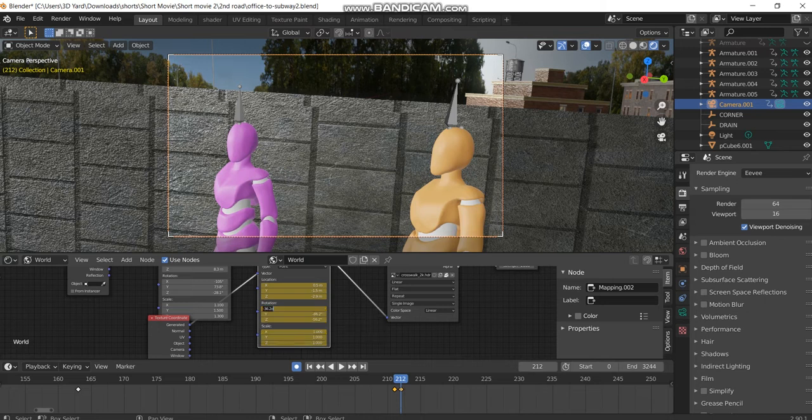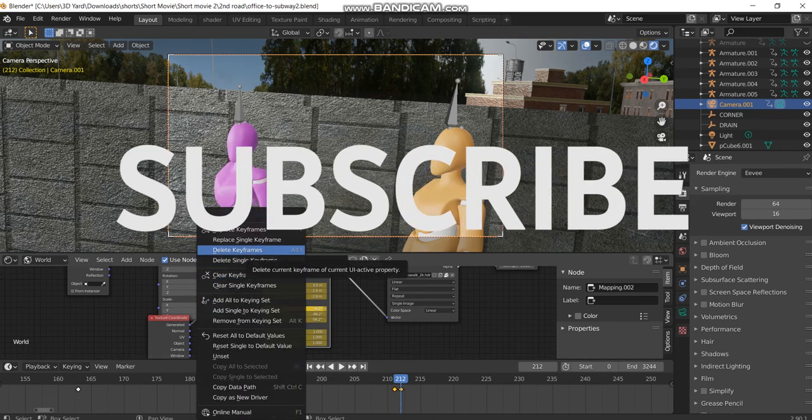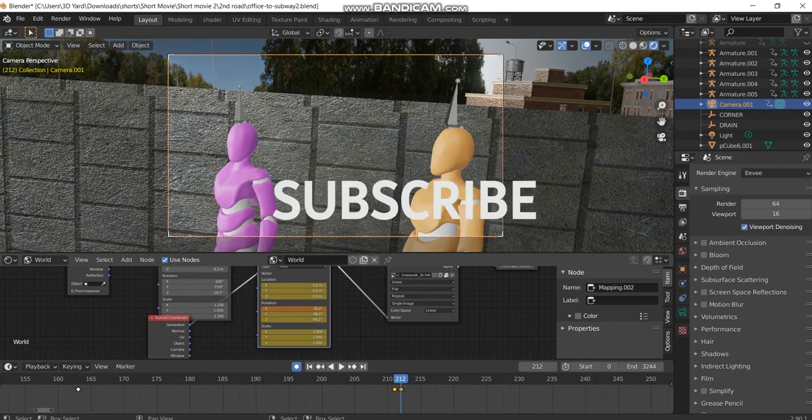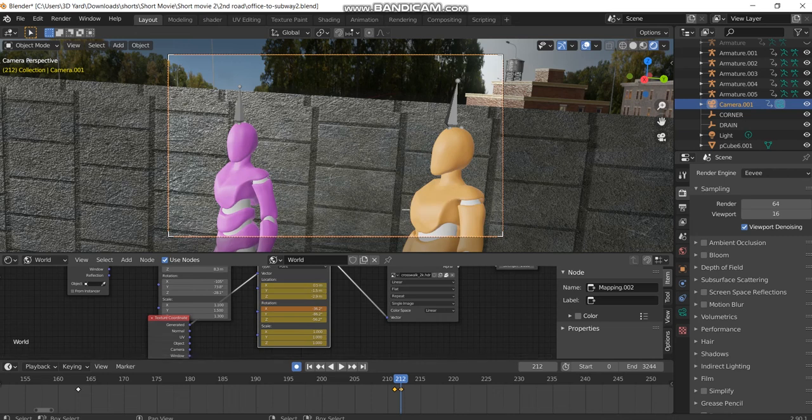I think this is good. So what you have to do, you have to key this one, replace keyframe, or what you can do is simply press I here, press I, set here, press I, set here, press I. So move your cursor, like if I'm going to, let me just delete